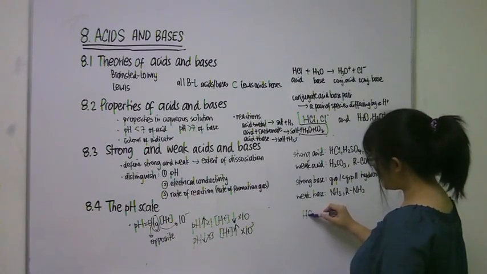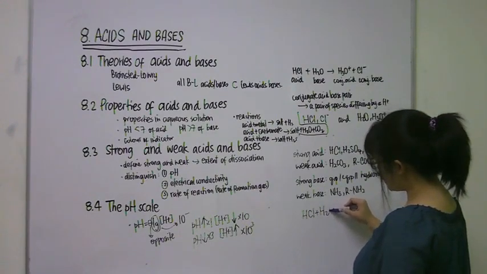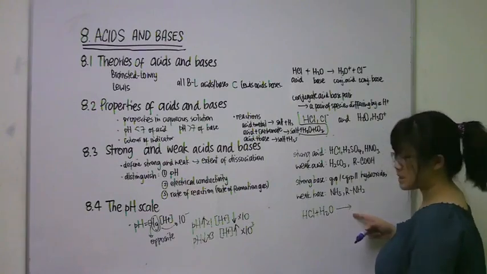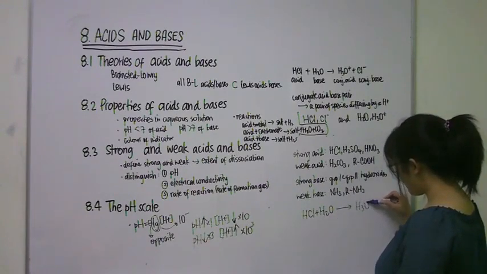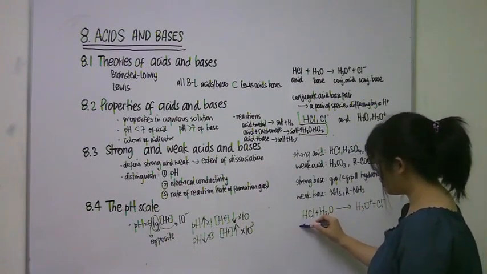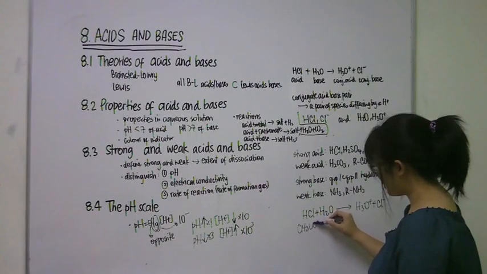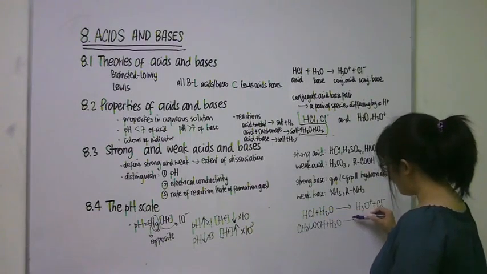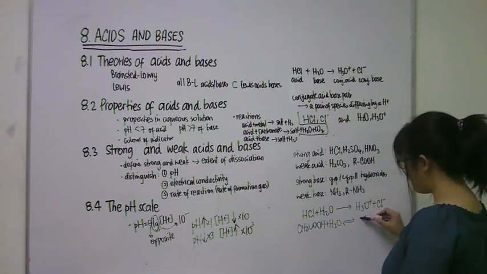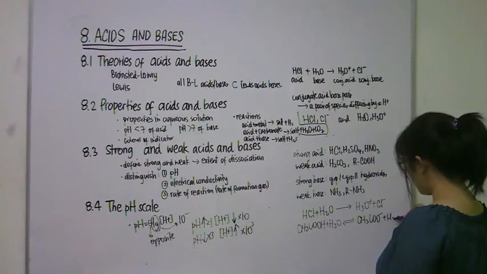So they need to know that when you use a strong acid, reaction with water, very important, it will be a single arrow, a straight arrow, and the product. But if you're using a weak acid, reaction with water, you know it will be a reversible arrow because the dissociation is not complete and the